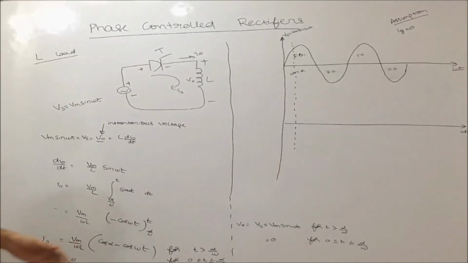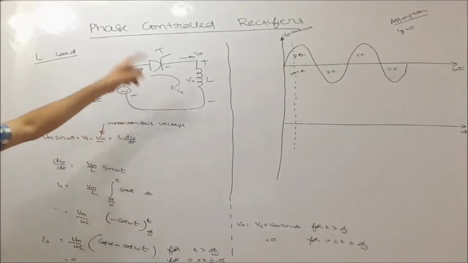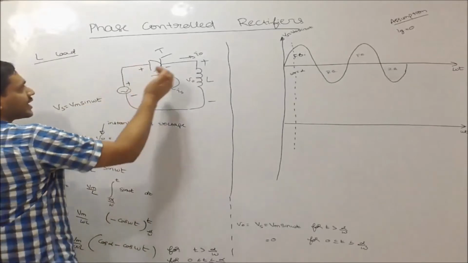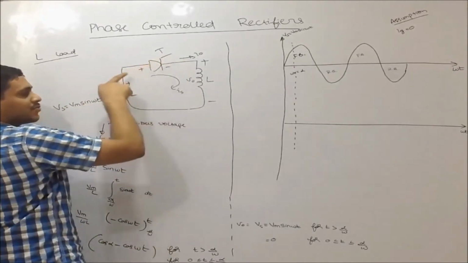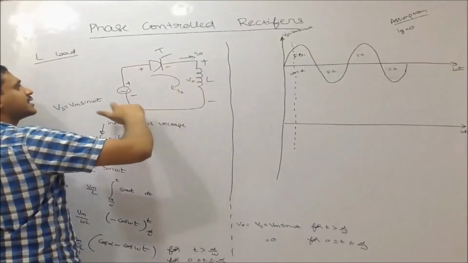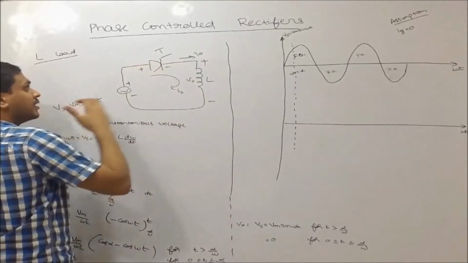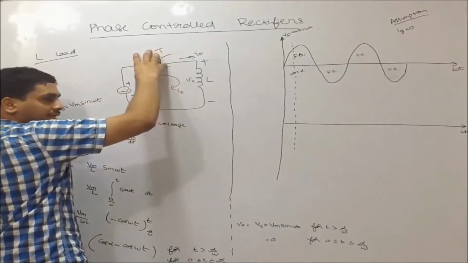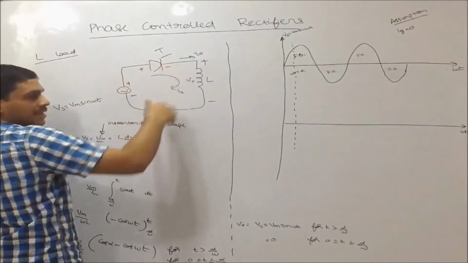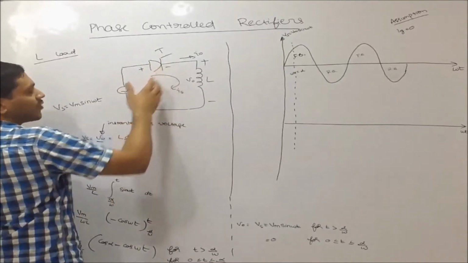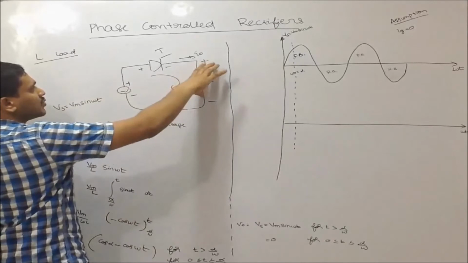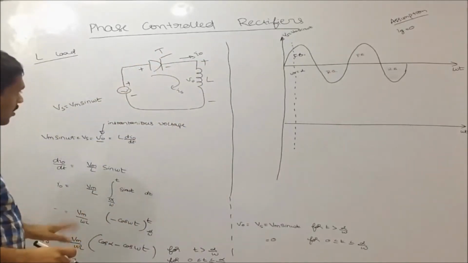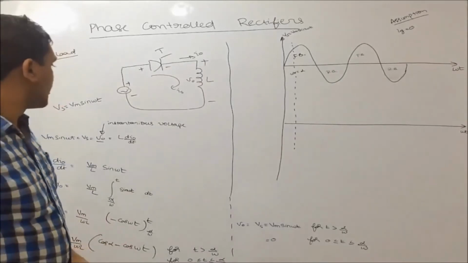Now I have got the expression for I naught, and I have to see up to what instant I have I naught. This I naught flows until it is positive, because I have what? The SCR, it cannot conduct the current in the reverse direction. As long as current is positive, it is flowing in this direction, then that current is maintained. The moment when current tries to become 0 or negative, this thyristor is reverse biased and I don't get any current, and the circuit is what? It is isolated, meaning the output is not connected to input. The device is off.